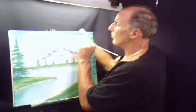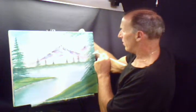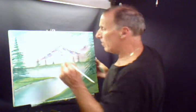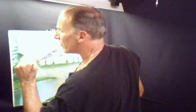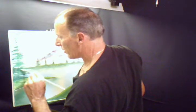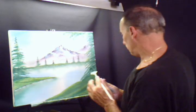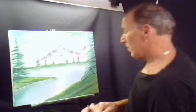Add more liquid white. Thins it out so you don't have to use a paint thinner. Maybe some right there. Highlight. Just bam it. Here, there, there, here. Load it up with the white. Come over here and highlight maybe some of the, here and there. Right where you might think the sun might hit some of the pine tree here. Sun's coming in on this angle. Okay, it pretty much looks like you could have a